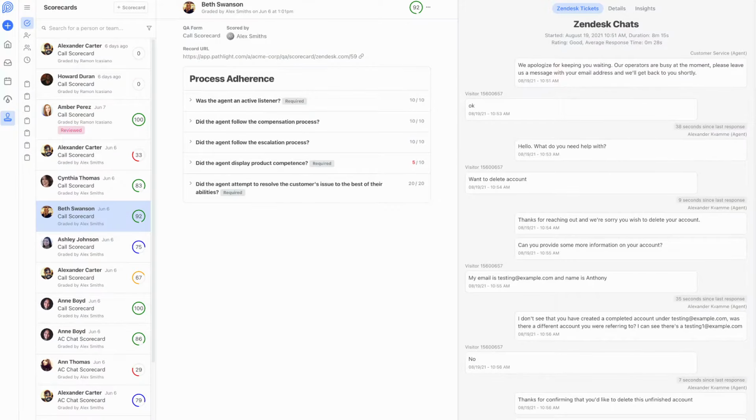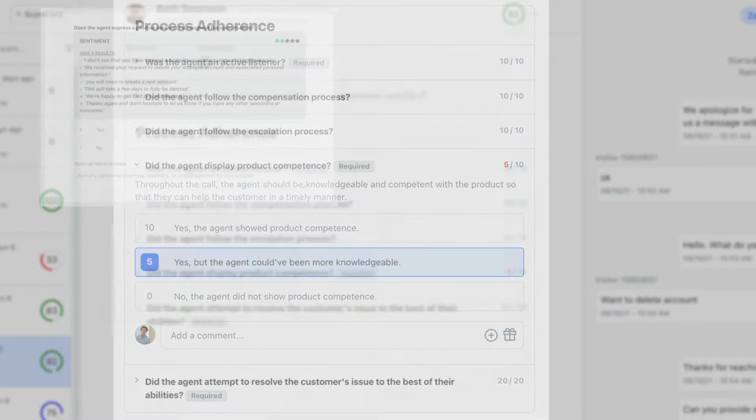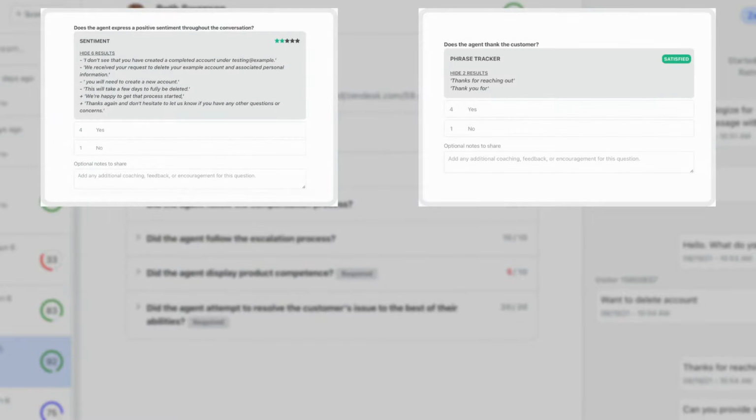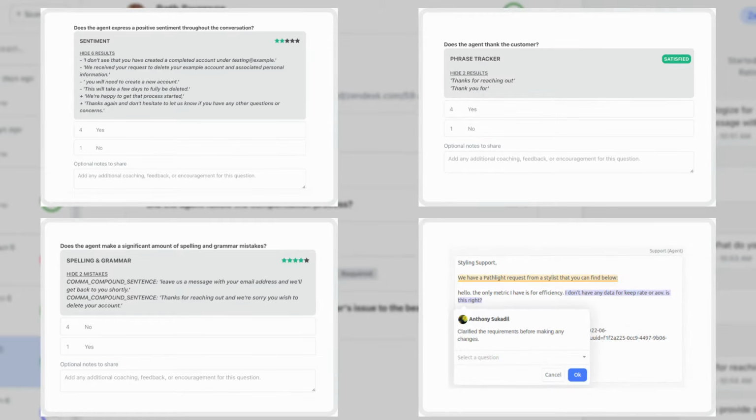The scorecard is auto-populated with pre-configured question templates that can be customized for your support team. A grader can easily review the ticket by answering a set of questions with these AI-driven insights, quickly viewing sentiment score, phrase tracking, grammar and spelling errors, and annotating specific interactions with comments and notes to provide individualized guidance and